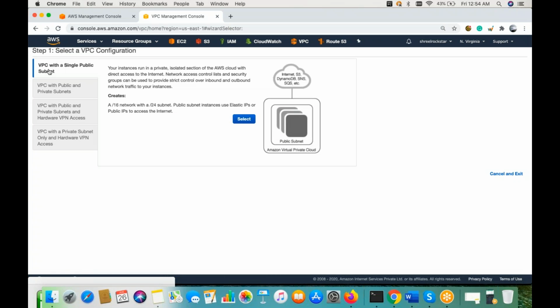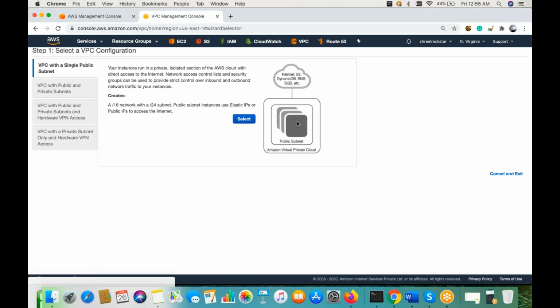So if you see this one, this option says VPC with a single public subnet. It means your instance runs in a private isolated section of the AWS cloud with direct access to the internet. This will be your public subnet and this will be your internet, so that you can host your website, and within the private cloud people can access your abc.com or services which you are looking for.